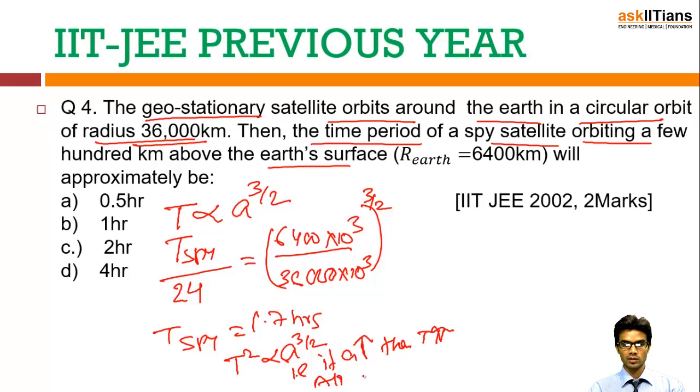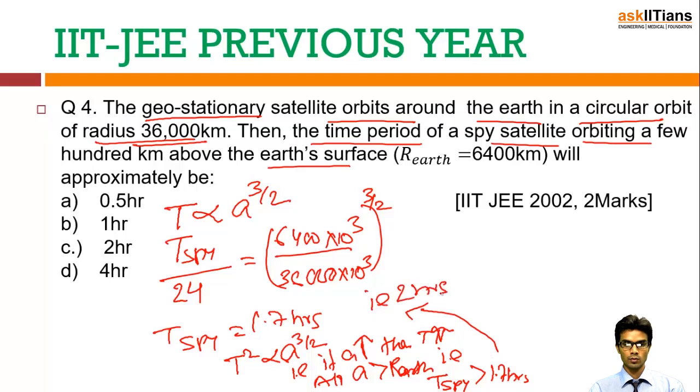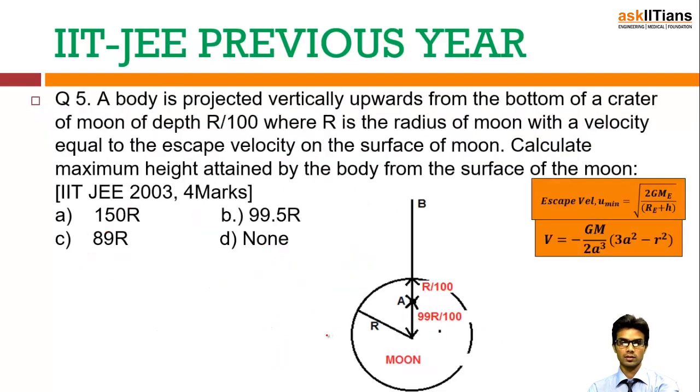According to the question, a is greater than R earth. That is, T spy is also greater than 1.7 hours, that is 2 hours. This is the answer. Okay, so next,